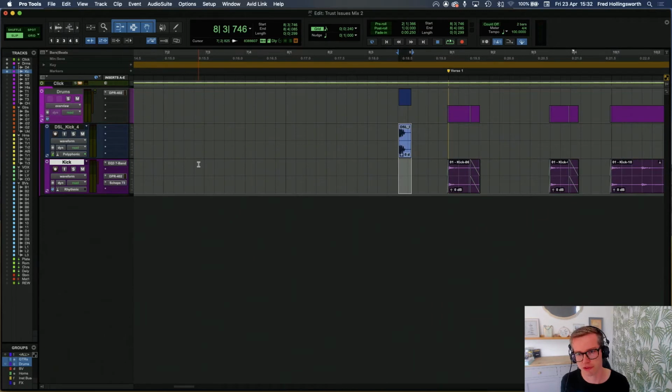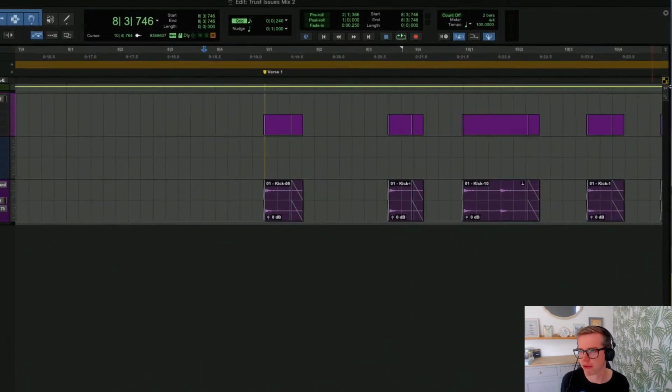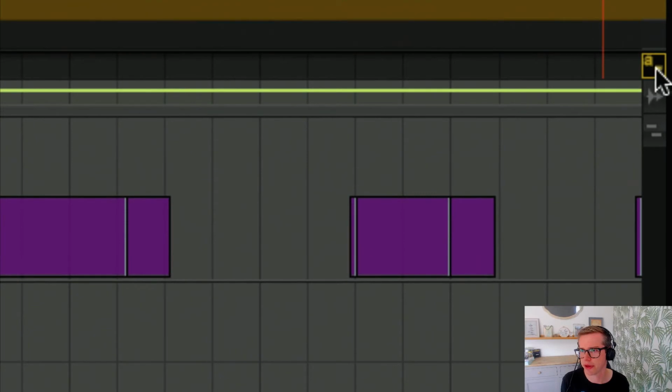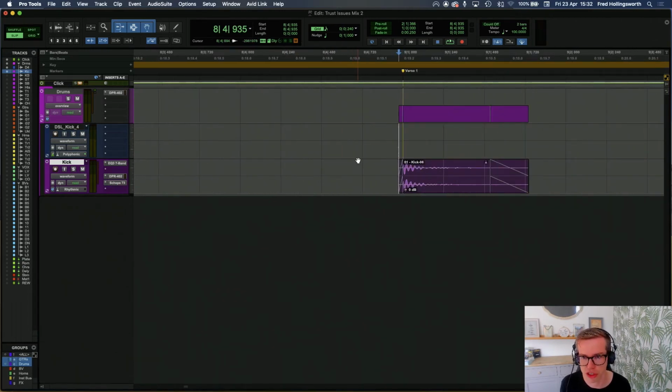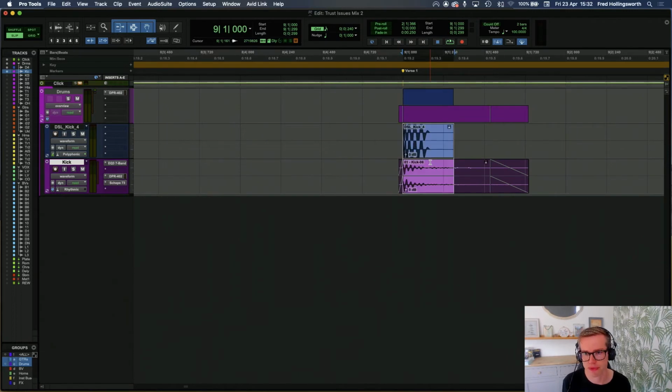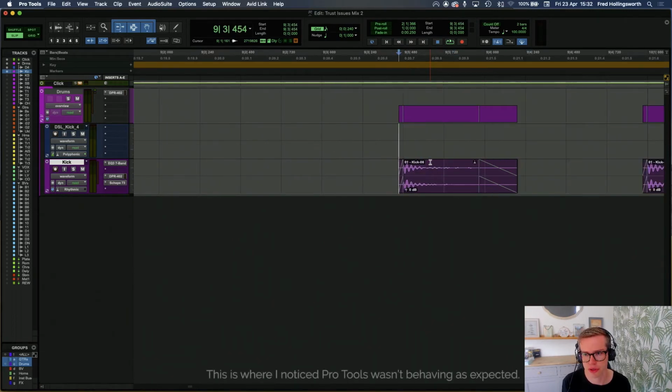So from here I can paste in. So I can Command V to paste in here, or the quicker way of doing this is if we have our keyboard focus button on just here, so that if this is highlighted in orange, I can just use V to paste this in. So what I can do now is I'm going to expand this out, and I'm just going to zoom in a little bit so we can check that we've got the right transient here. So this is the start of this transient. I can tab through to all of my transients and press V, and that's going to move